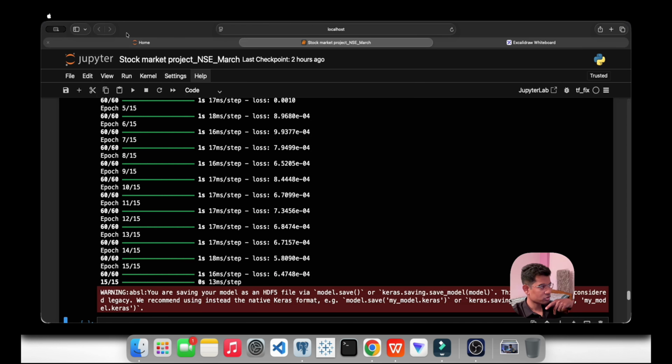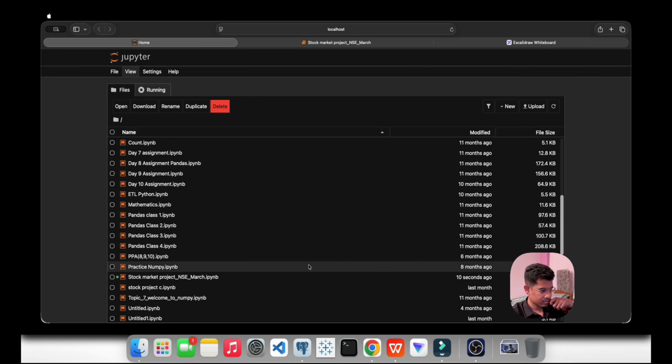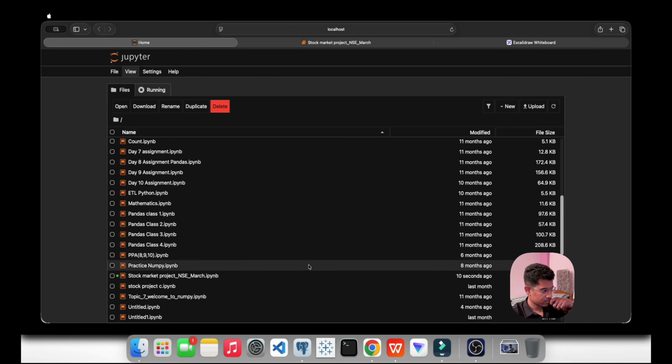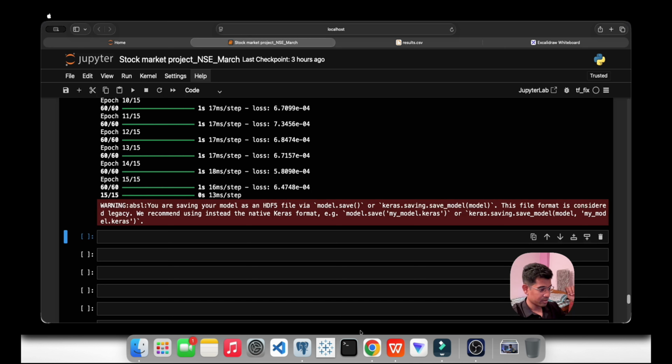ठीक है, I will show you the CSV file as well. ठीक, let me just do it. See here, results.csv is there. Now see, this is the thing, this is the actual one, 0.01269. This is the predicted one, 0.01235. ठीक है, 0.0120, 0.0121. This is the actual one and this is the predicted one. ठीक है, I hope you got it, right? I hope you have got it, what it is all about in a simple way, right?